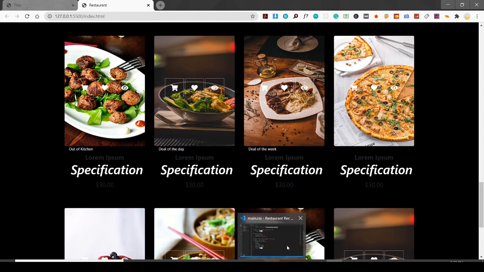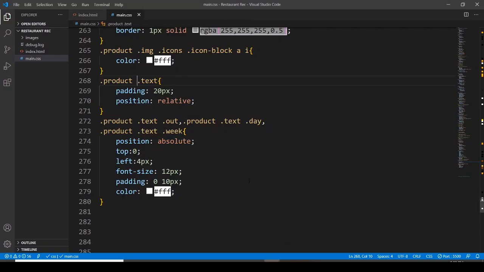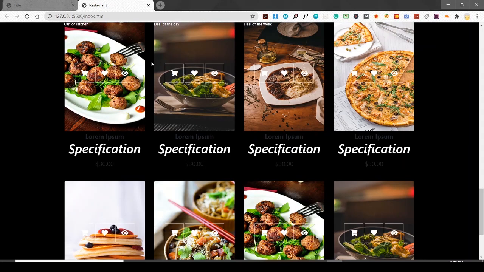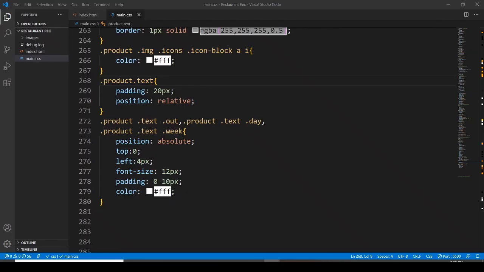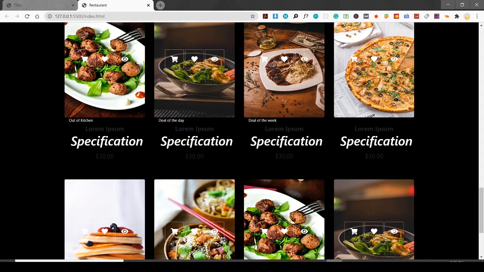How? If you don't have a space here, then these badges are going to be shown here on top of each image. But if we make a space here, you guys can see that the position is relative, that's why. So here the badges are going to be placed below the image. Okay,